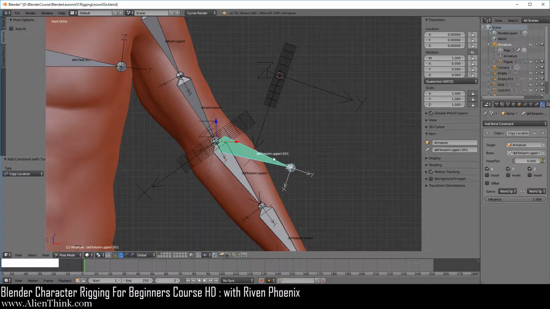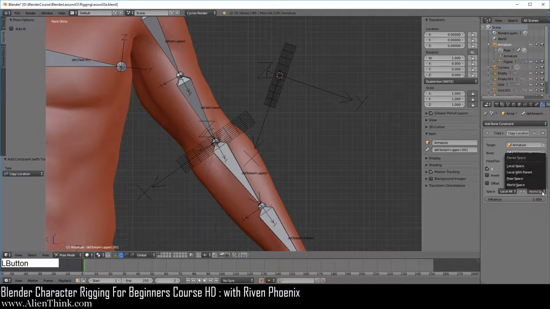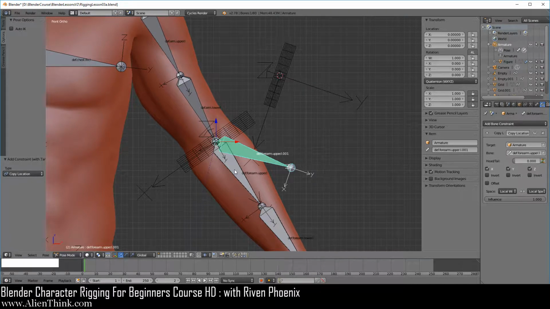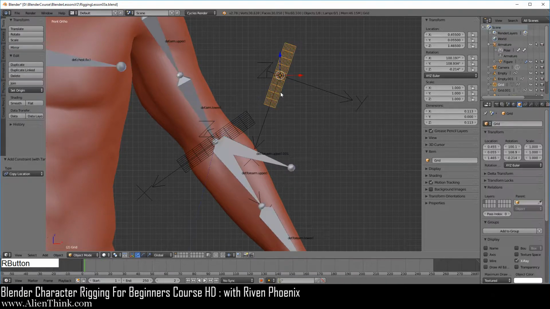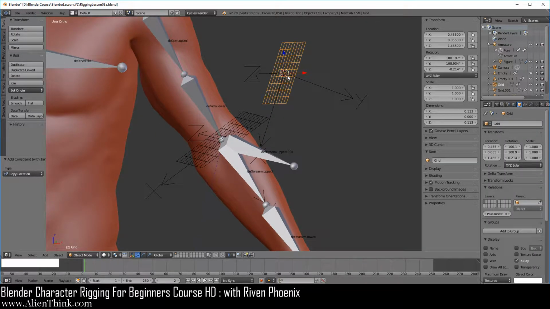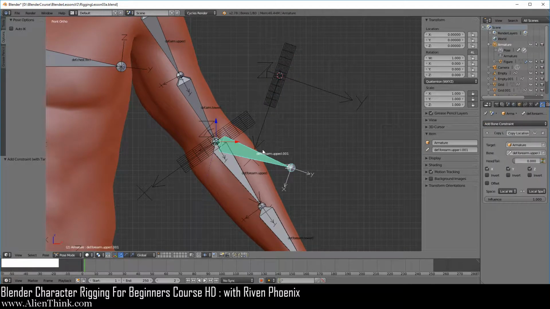Now what I want you to do is actually on this bone, we're going to evaluate the target local with parent. Okay, now over here we're going to do local space. Now the question is, how is this working, right? So whenever we do local with parent, we've seen that the information that's going to come from this bone, when we state local with parent, meaning that this bone has a parent, this grid's local coordinate system is going to be used to see where this bone ended up using this system. That information is then being handed off to this bone, and it just so happens that this bone's local coordinate system also matches this bone.